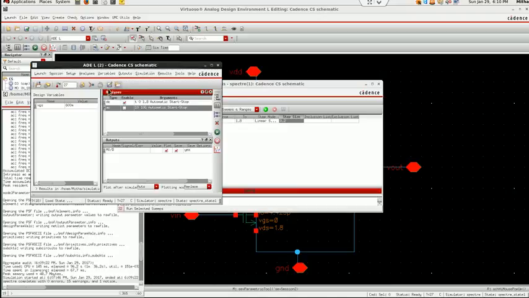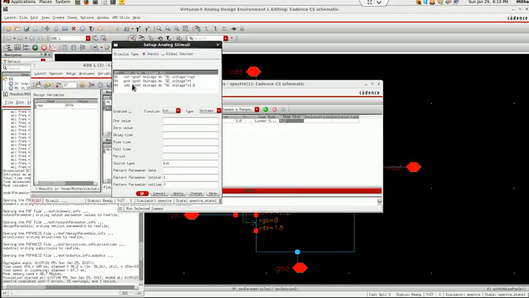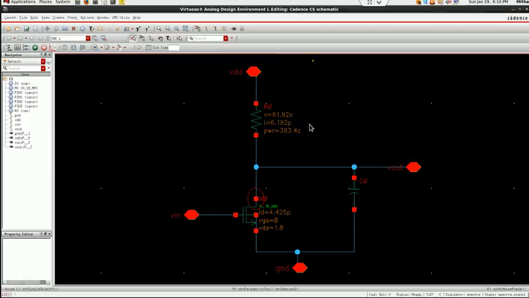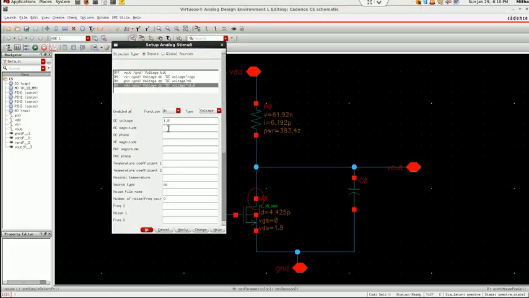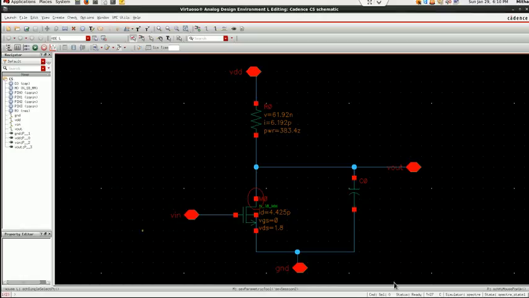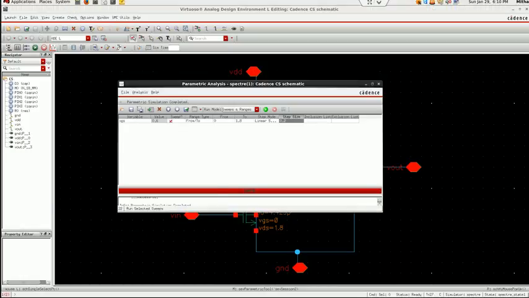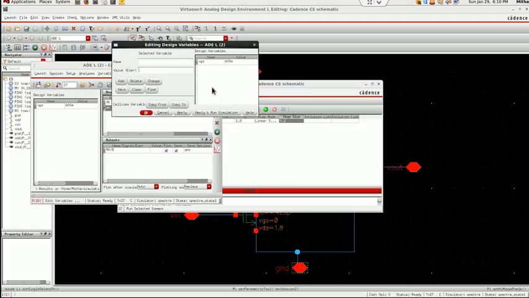Now if I give one more variable here, VDS. If I want to vary this VDS, one way is I can vary this resistor here, or I can vary this power supply. Let's suppose I'm varying this power supply with the intention that I want to vary VDS. I'll give it the name VDS, and here I have to define that variable VDS. I'll give it 1.8.